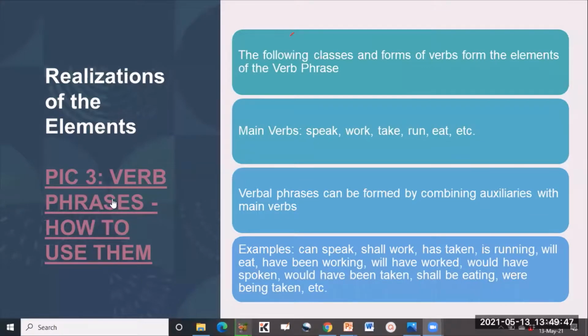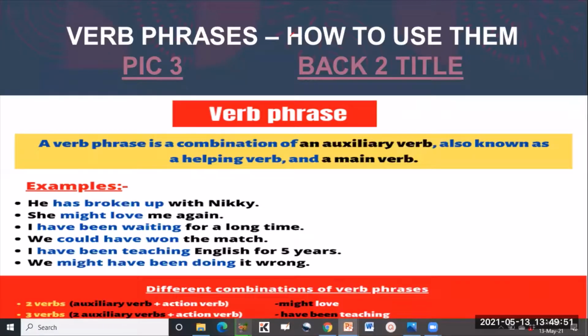Okay, so now let's take a look at one more thing. Verb phrases, how to use them. Let's now look at how to use the verb phrases. All right. In this case, we have to understand that the verb phrase is a combination